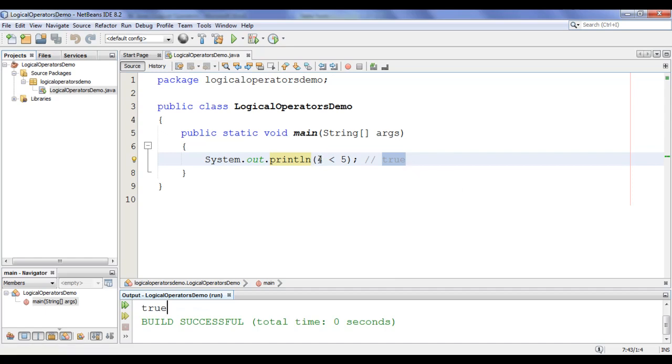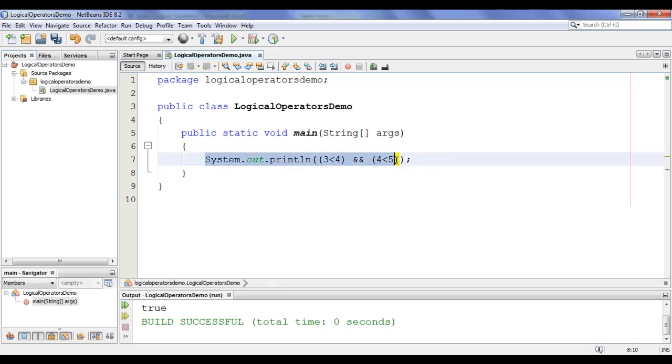What I do now, here I say pair of parentheses. Inside that I write 3 less than 4. Then I say and pair of parentheses 4 less than 5. We need to understand how this expression is evaluated. I am using here logical AND operator. I told you that logical operators are also called as logical connectives. They are used to connect one or more relational expressions or one or more conditions, guys.